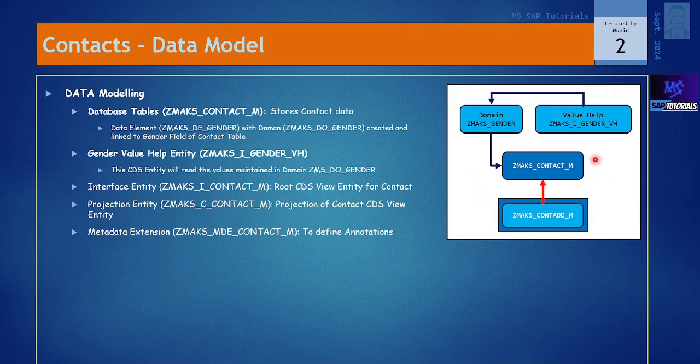Once this is functional, I will show you how you can go and add an additional associated entity to our current application. Now, as part of data modeling, we will be creating only these many artifacts, but as part of our behavior,